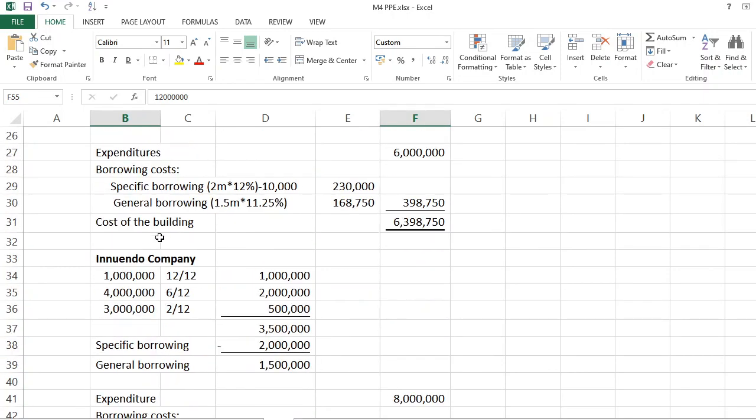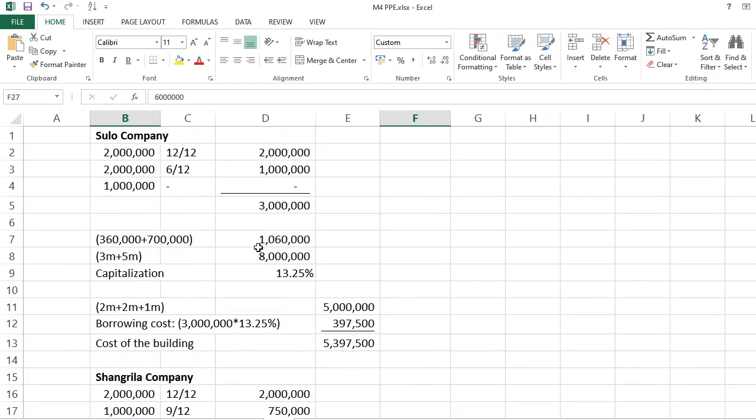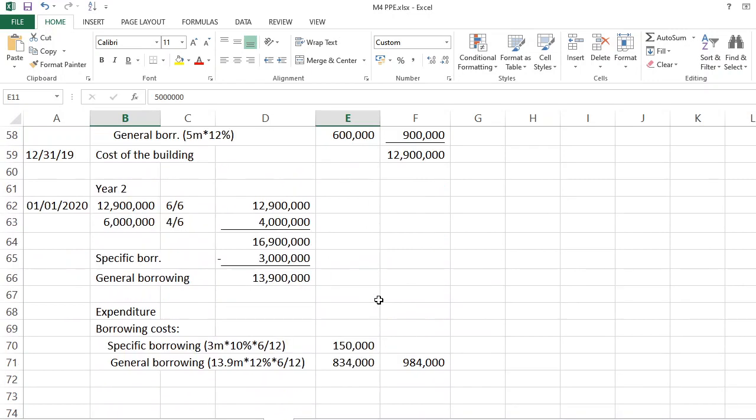In the previous problem, ganun din. That's why we get 8 million. And the same goes here, 6 million. Even gani katong zero lang ang iyahang outstanding months, ato na siyang i-appeal. That's why we get 5 million. So the same goes here in year 2. We are going to base it here. So that would be 18.9 million.